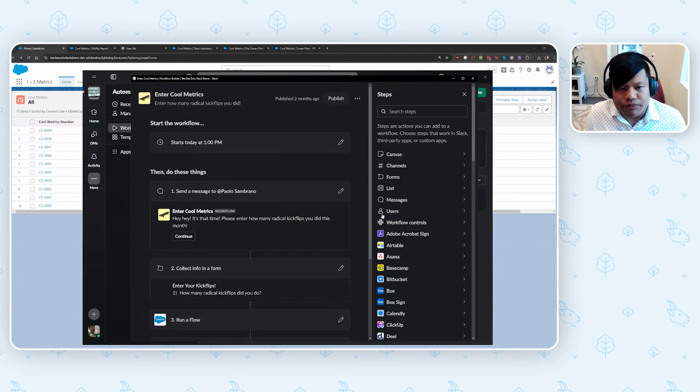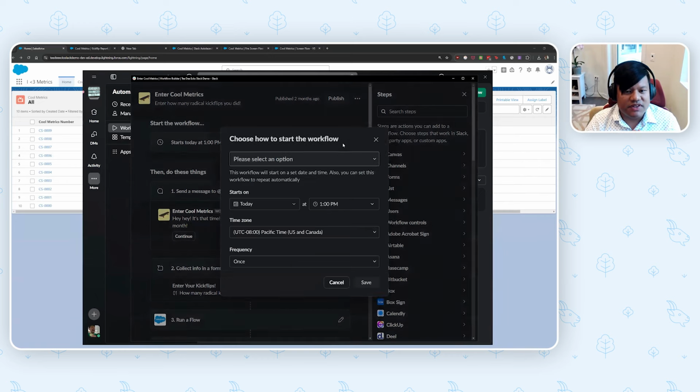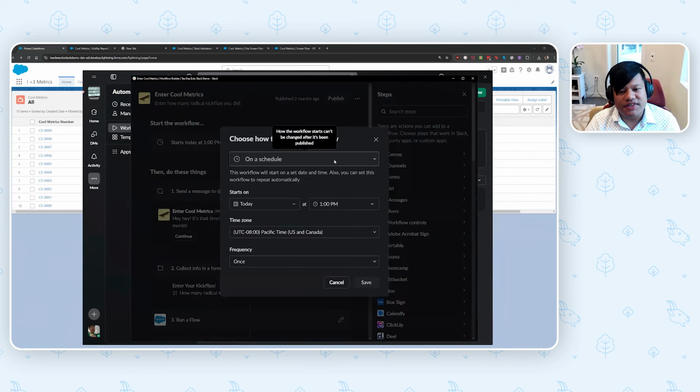All right, so I'm going to show you how I solved this on the Slack side of things. I'm going to show you Slack Workflow Builder, which, in the interest of full disclosure, you do need a paid Slack plan to do. So, use case: stale data, and making sure data is updated on a timely basis.